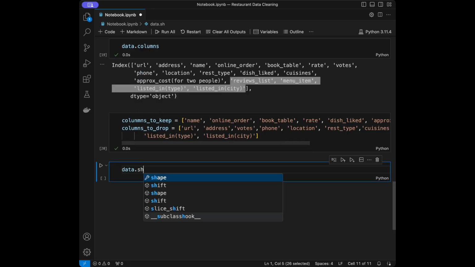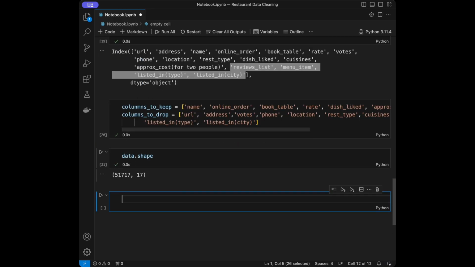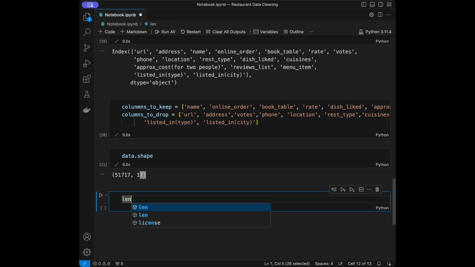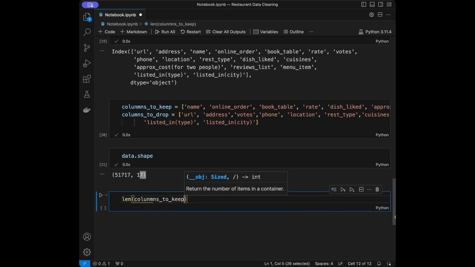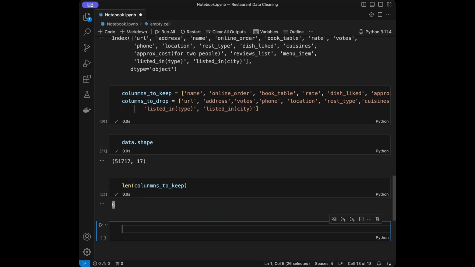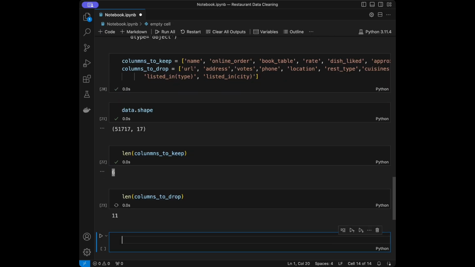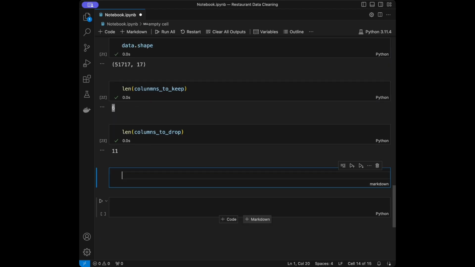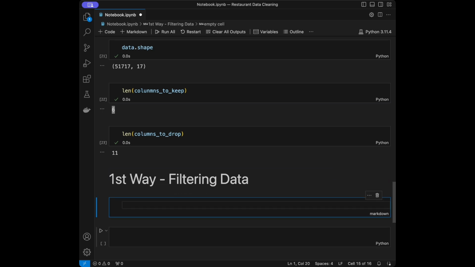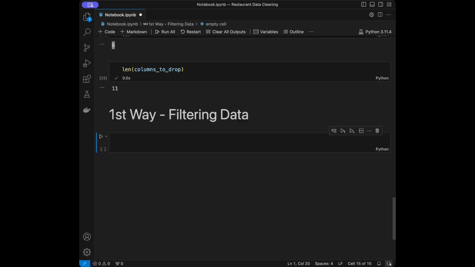I'm going to call the data.shape. We have 17 columns and we are going to keep, in columns to keep, 6 columns, and we are going to drop, in columns to drop, 11 columns. So I'm going to just quickly say first way, and let's say for the first way, filtering data. Okay, I'm just going to make this cell run, and then for the first way